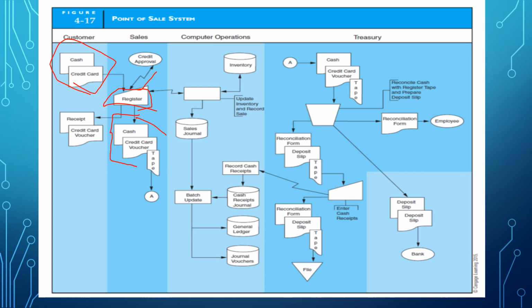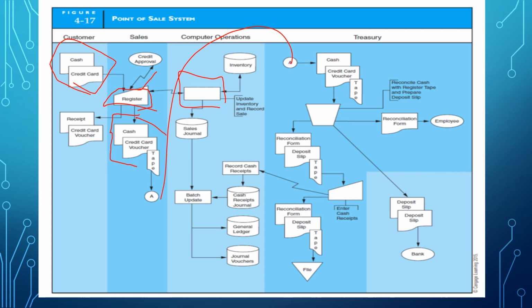Normally I believe it's generated by the credit card machine, and then it is connected to the cashier. When they submit to the treasury, the transaction will continue there. Okay, then the computer system will automatically process. What they will do, if you notice here,